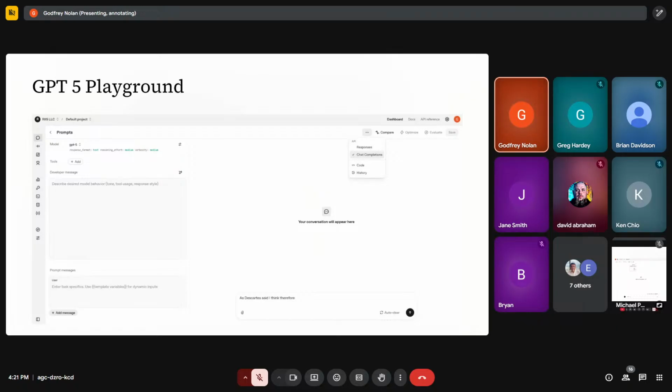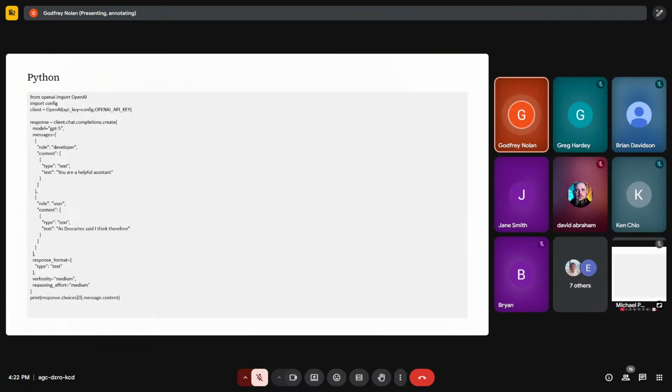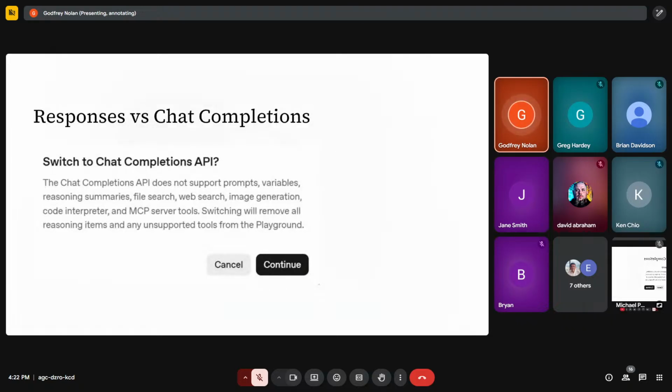we have responses. So there are 2 types of communication that you can have via the API when you're calling the API. You can have a chat completion, which is what I just showed you, or you can have a responses. So responses gives you access to lots more things, like you can do optimizing what you're trying to do. It also gives you access to a lot more of the tools. So that's kind of like the de facto standard that everybody wants to use today. So